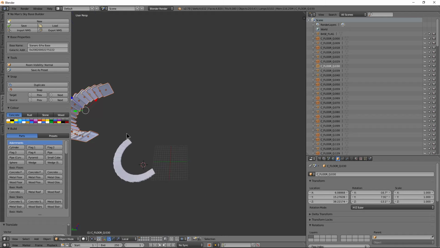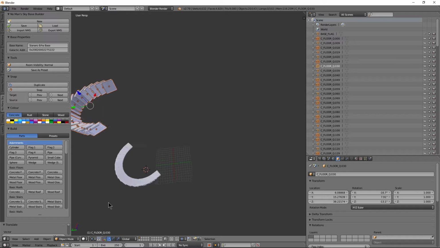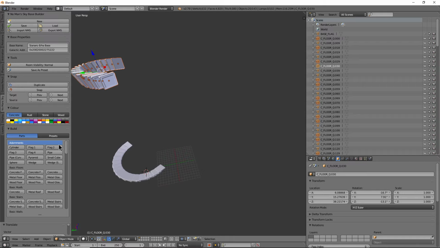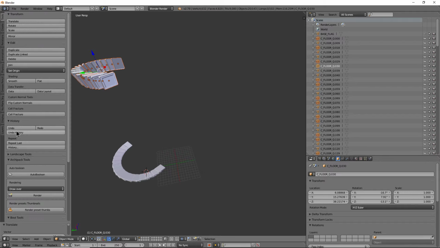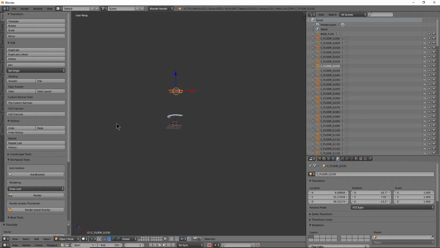So if you want to add to this, you need to make sure that you're always going back to global and things like that. And if you don't like what you have, you can always hit the right click button if you haven't made the commitment to doing it, or you can always go up to tools and go to history and undo. So I think I've covered